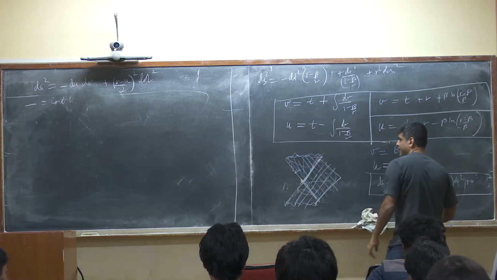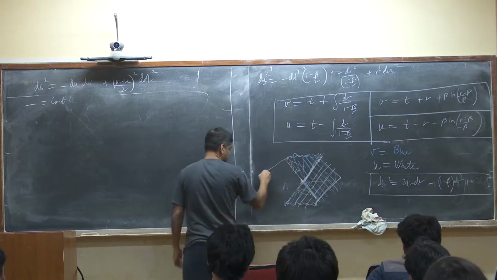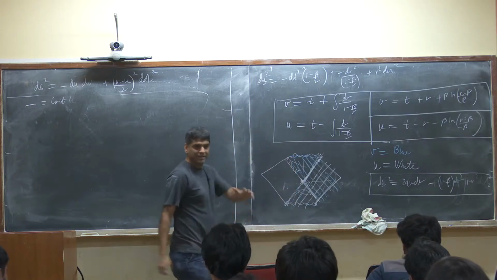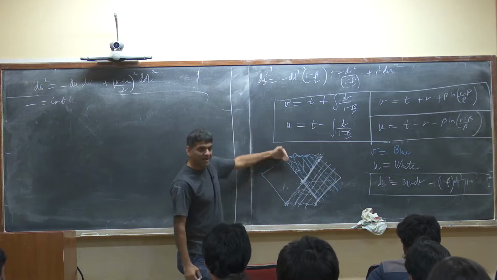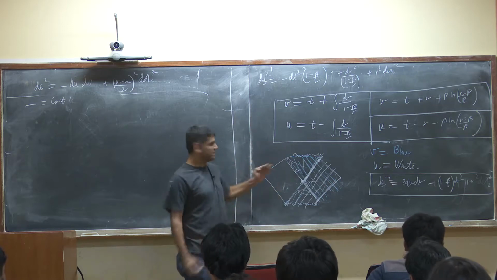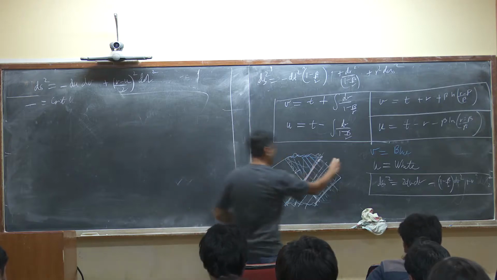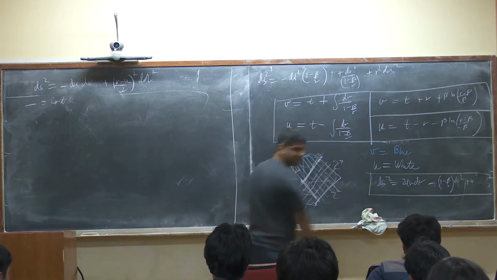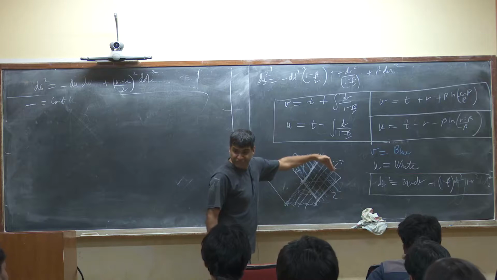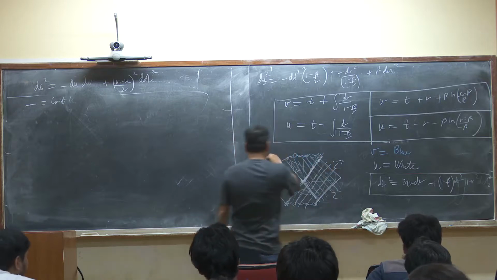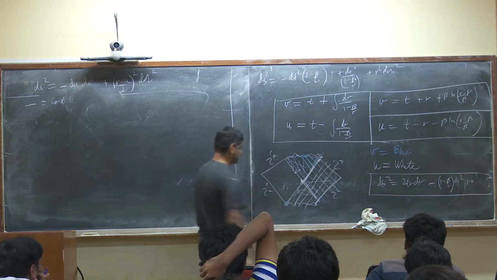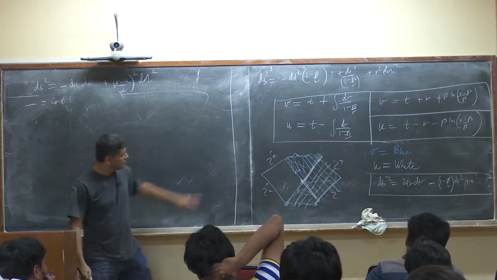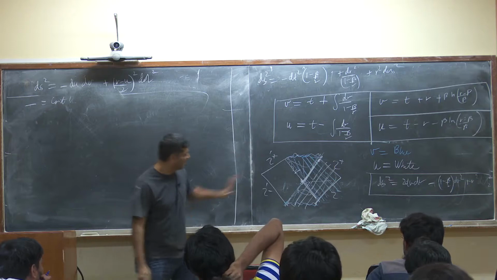And as I told you in the last class, if you just complete this diagram to the maximal amount it will go, you get two additional asymptotic regions. This point is called scri plus and scri minus, the place where future light rays come. You get a scri plus prime and a scri minus prime. You may want to switch those around. Anyway,